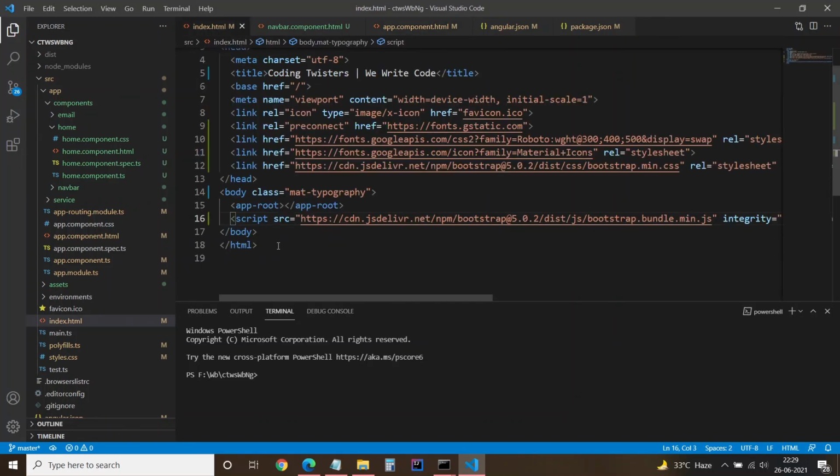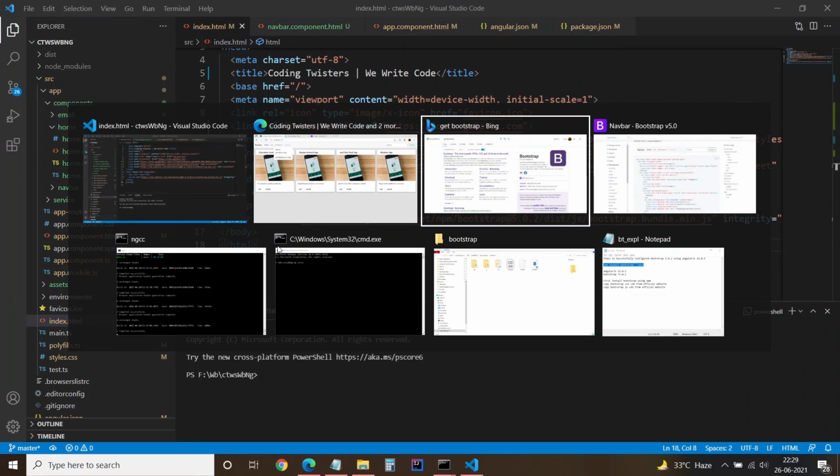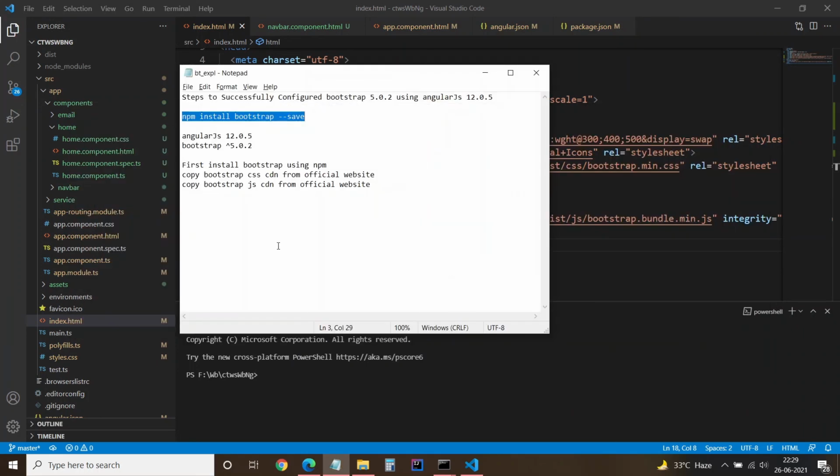Through index.html you can apply Bootstrap in your Angular project, and this is a working solution for Angular 12 and for the latest Bootstrap. Okay, thank you.